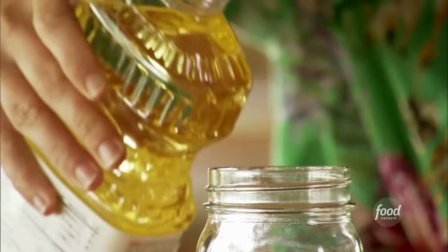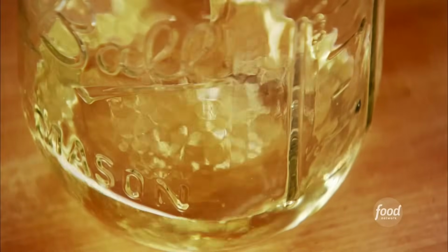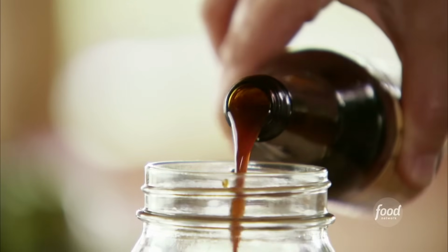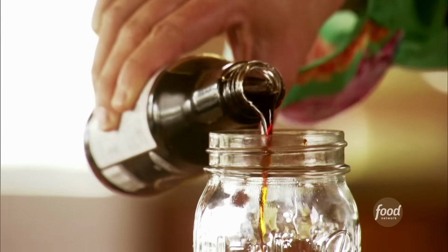I've got 2 ribeye steaks, putting them in a plastic bag, and I'm gonna let them sit for just a short amount of time in this delicious marinade. It's an Asian-influenced marinade. The first ingredient is canola oil, red wine vinegar, and also balsamic vinegar, some Worcestershire sauce,